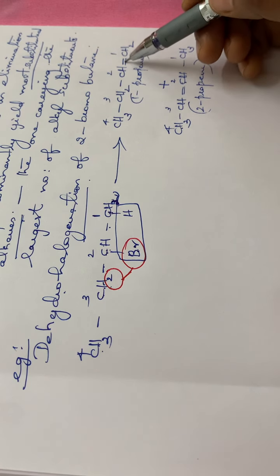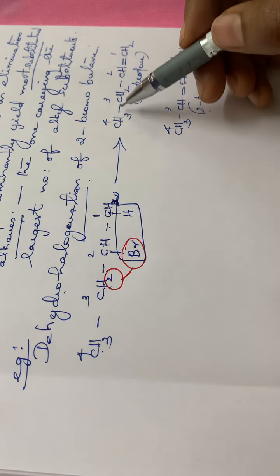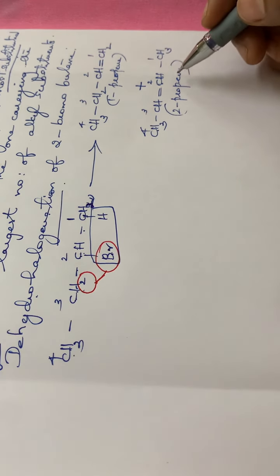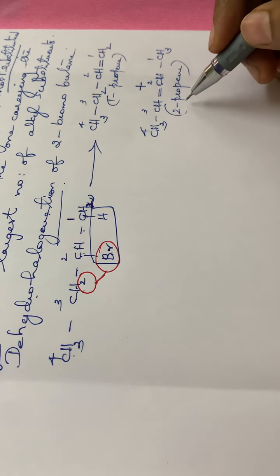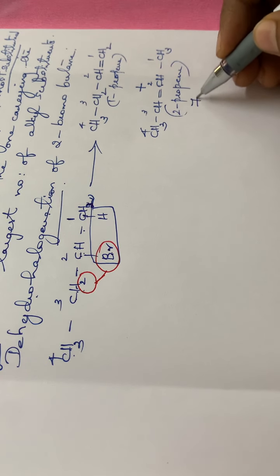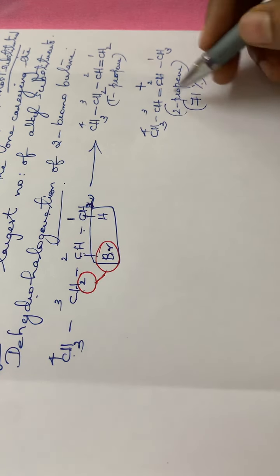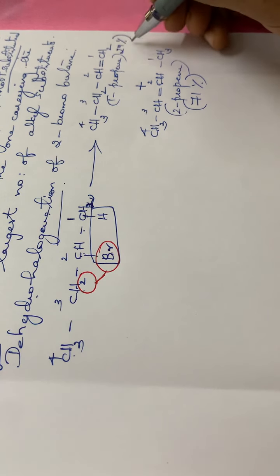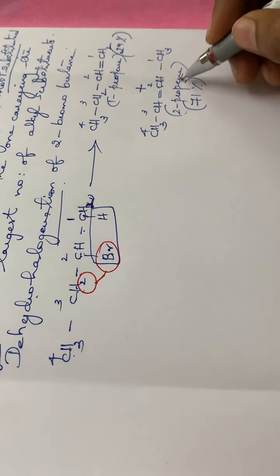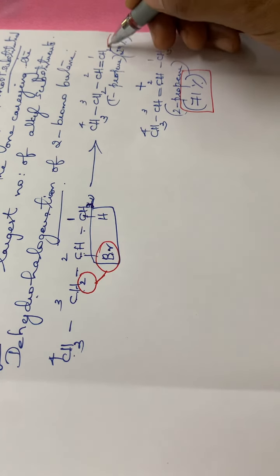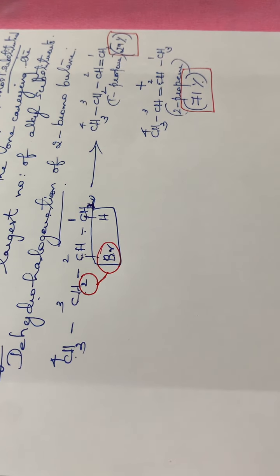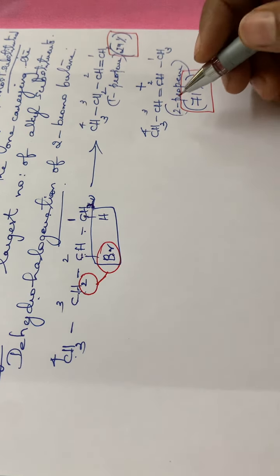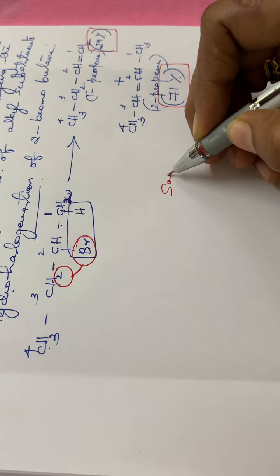This is an unsymmetrical alkene and also 3 alkyl groups. It will be like this, and on the right side there will be no substituents. So according to Zaitsev's rule, the major product will be 2-propene. That means 71% of the product will be 2-propene. Only 29% will be 1-propene. Okay, the major product will be 2-propene and the minor product will be this 1-propene. 71% 2-propene. Therefore, we can call it the Zaitsev product.